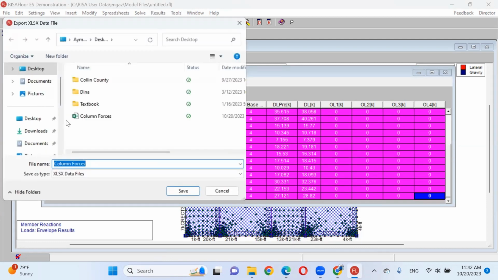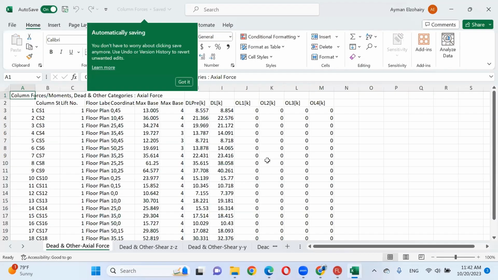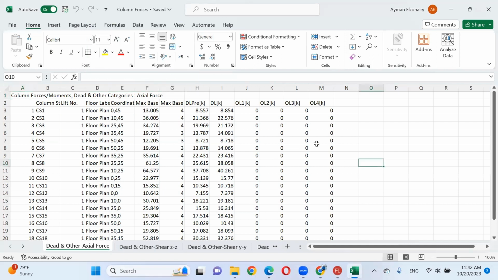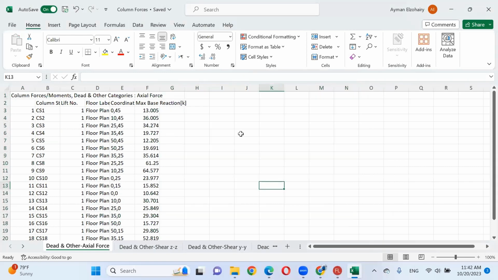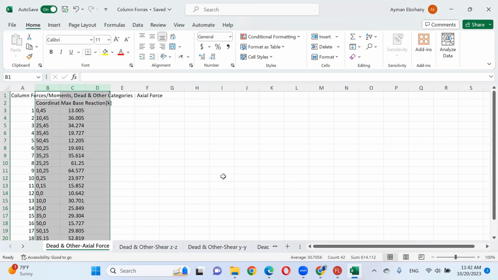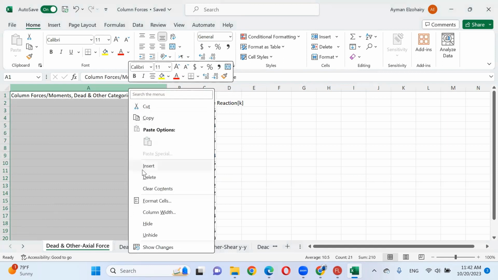okay, and you need to save your file and the file will open automatically. Keep in your mind, I don't need all of these columns. So I will highlight them, delete. I don't need this column. I don't need this column. I don't need this column. So I will highlight them from the top, right click, delete. So what do you have right now? Also, I don't need the first column. It's not a big deal.